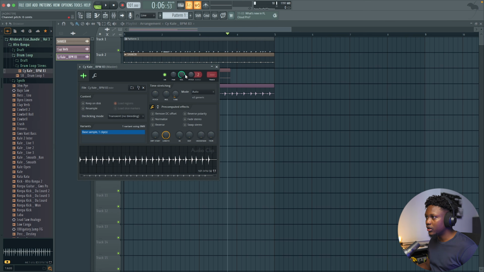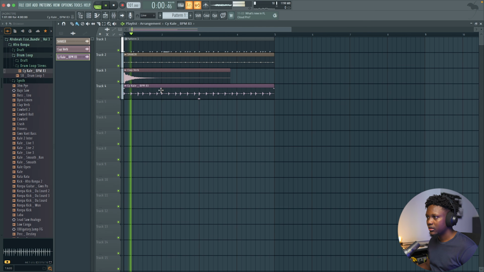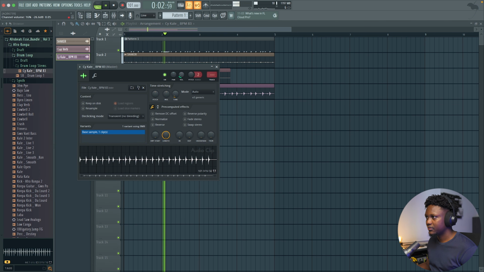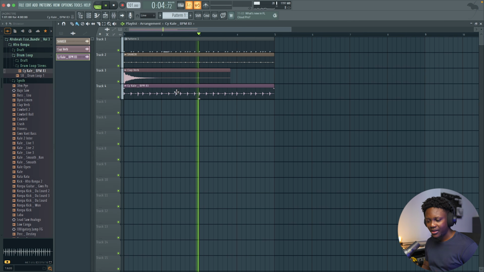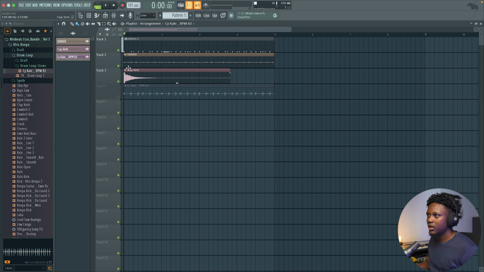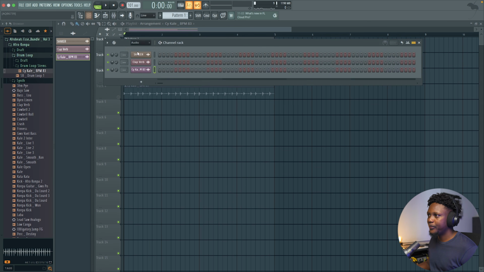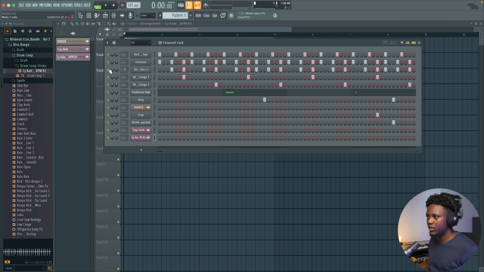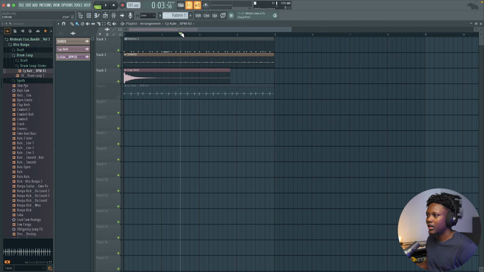Let's say we load again right there, and then, you know, when you have a melody, chord progression, and everything on it, you will say, this sounds different, and then you will not know what makes it sound different. If we remove this, and then we remove this right there, the percussion that we add right there, you see, it's a basic Afrobeat drum pattern. But when we add this and this,